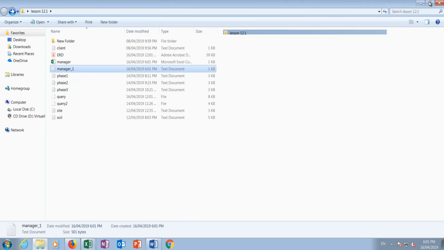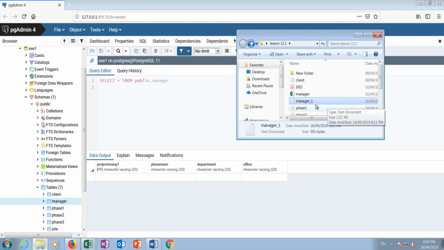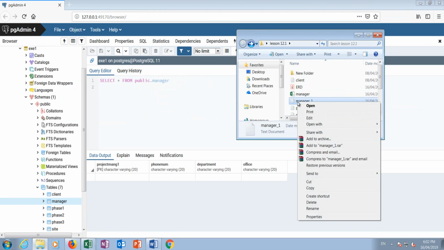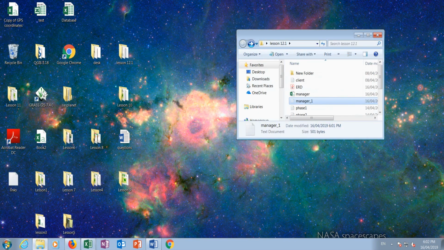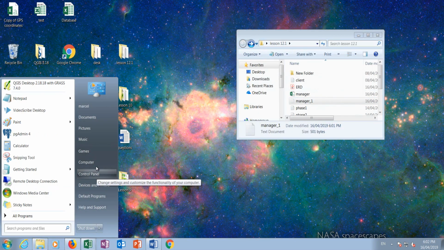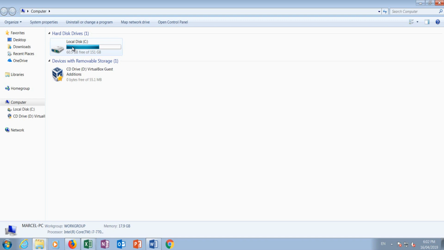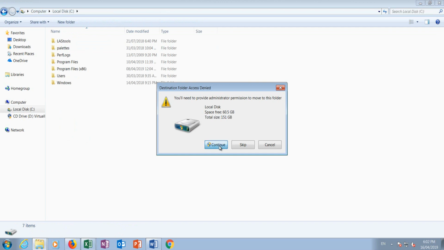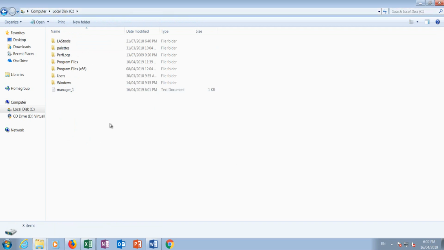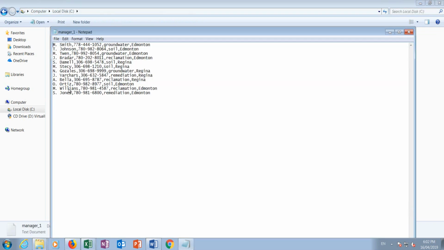In order to make easy the importation, we have to copy this one, or cut this one, and copy here at the main hard disk of your unit. For example, paste here. Okay, we have the file there,